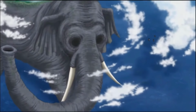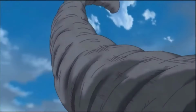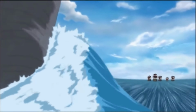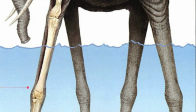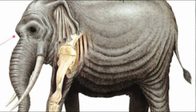Zunisha is a Nightmare-class elephant that's been wandering the oceans of the world, and this ocean-walking elephant is so tall that other than his legs, his body never touches the water surface, and so his head is usually in the clouds, quite literally. So, what other monsters are even bigger than the civilization-carrying ocean elephant? Behold, number 1,